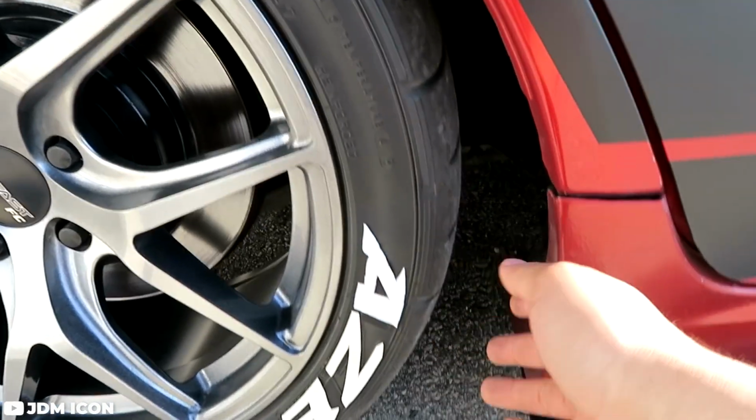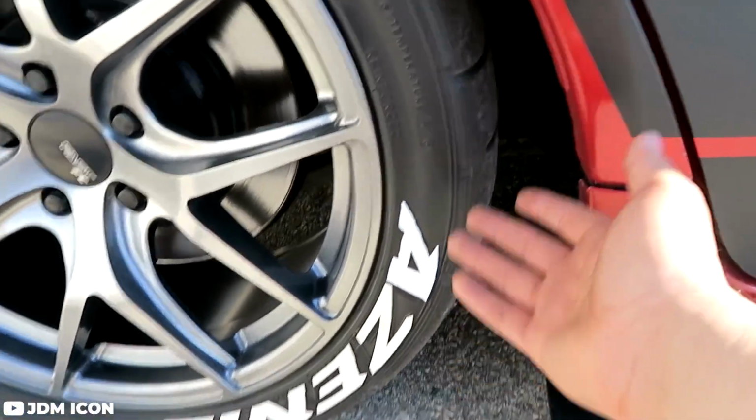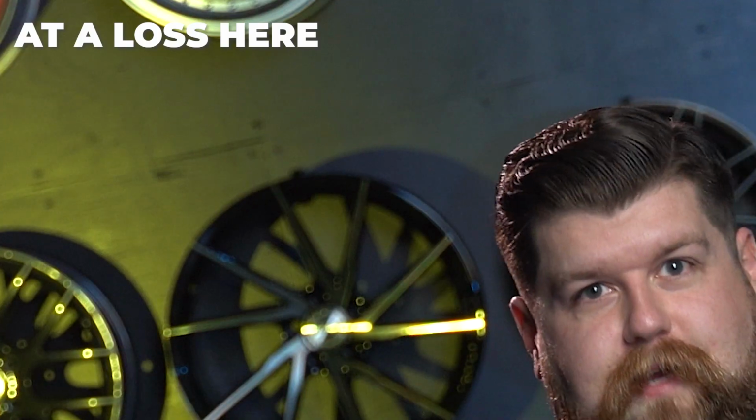I never actually really saw any sort of negative side effects to tire letters or really heard anybody talking shit about them. So I'm not entirely sure what happened to these, but they were everywhere just a couple years ago, and now I haven't really seen more than a couple sets throughout 2020. Unfortunately, you can add tire letters to the car trends that died in the 2020 list. And last but not least, one of the biggest and most popular trends of the decade that could